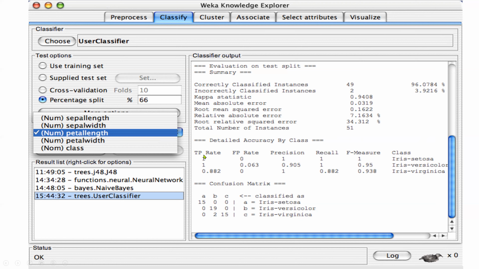We will go through TP, which stands for true positive rate, and false positive rate. Precision was good, then recall, and F-measure. Then the confusion matrix. As we said earlier, if we have a 2 by 2,